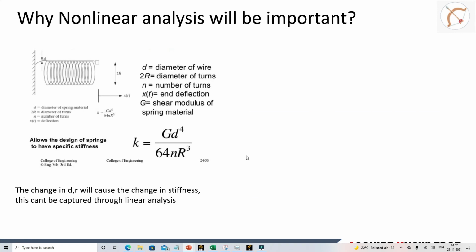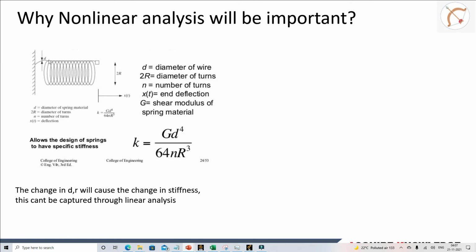we can see that first thing is that if we look at the formula for the spring, it actually depends upon the cross section of your spring, that is d, the diameter, and also the radial flare of this spring. Now, if we want to account for the change in diameter and the radius, we have to run a nonlinear analysis. Linear analysis will not give us what is actually going to happen for the application of a higher load to the spring model.